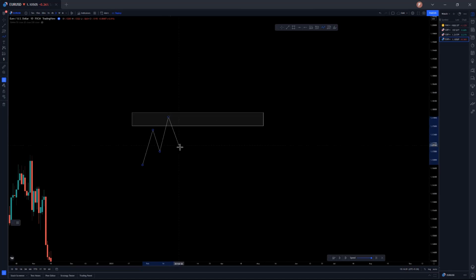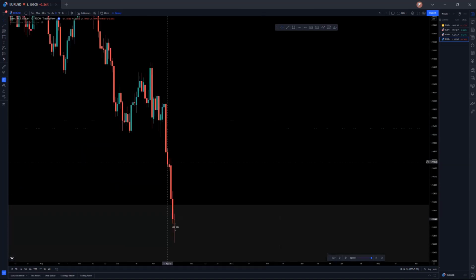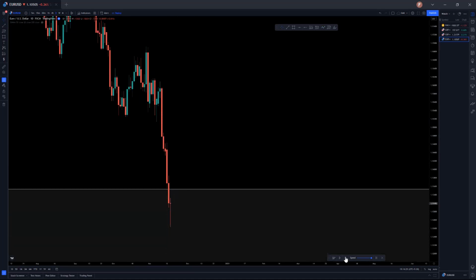Once you see two structures, suppose this. Let me do this. This is still not confirmed. Once you see another break of structure, then it is confirmed that price is making some kind of lower lows and lower highs. So you can't really say that this is going to reverse. Of course, you can take a little bit of longs, assuming that daily is losing the momentum.